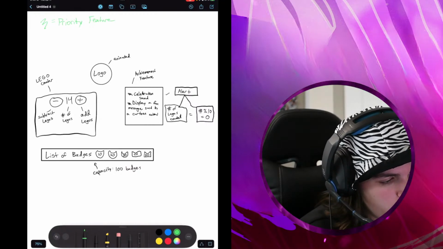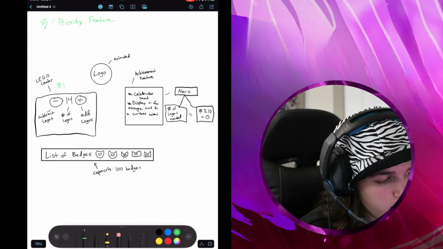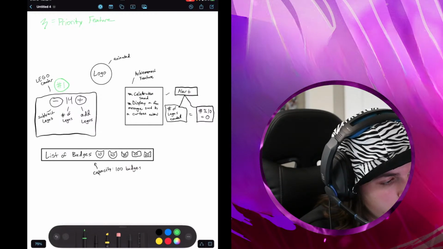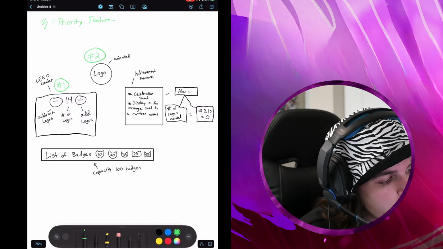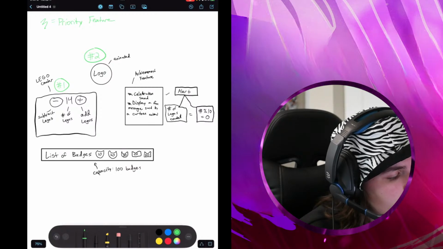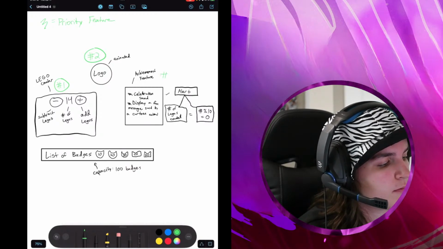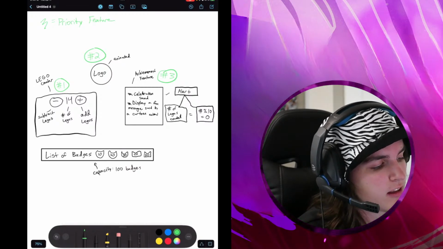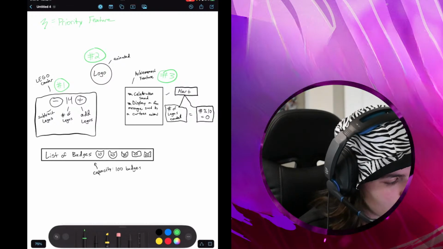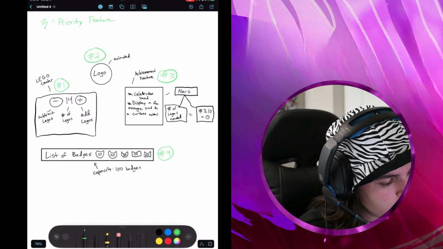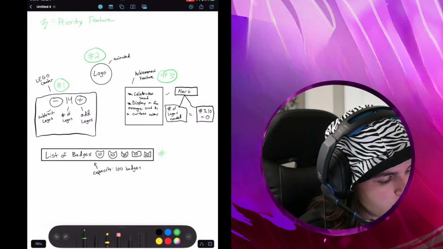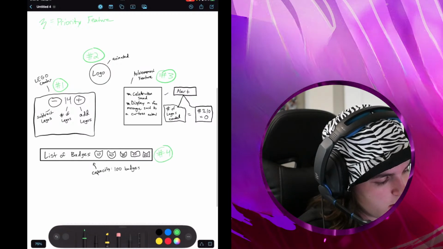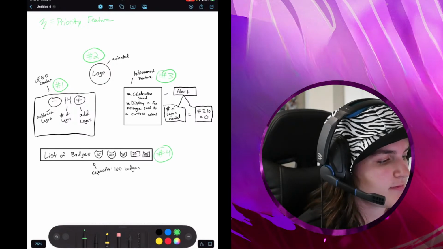Okay, so the Lego counter feature is going to be the first priority. Logo will be second priority. And I honestly feel like the achievement alert can be third priority. And then the list of badges at the bottom, definitely last priority. Okay, perfect. I love it.